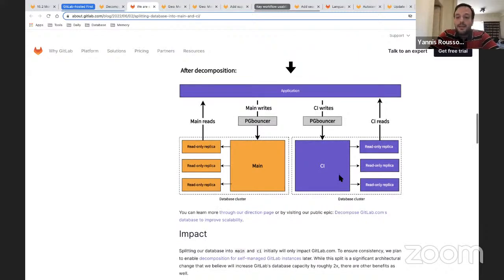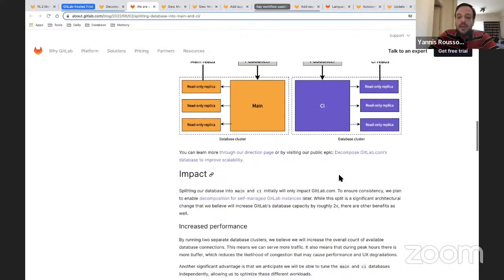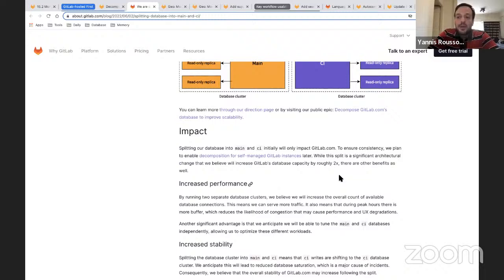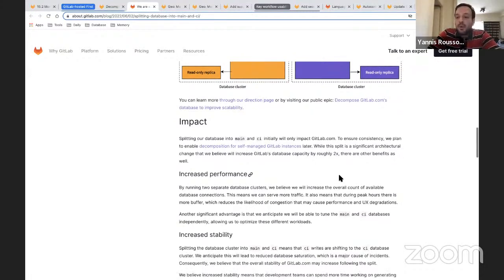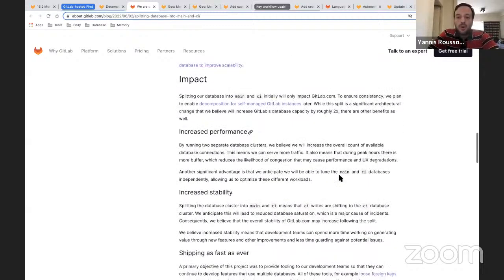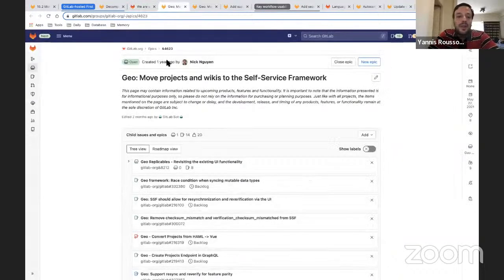And this is very exciting for GitLab's availability and reliability. We expect that after this rollout, we will more or less double the database capacity for GitLab.com. We also expect increased performance from day one after the rollout and also in years to come. In addition, we expect increased stability, reliability, and availability with fewer incidents happening. So this is a very exciting feature for us. July 2nd will be the rollout date.